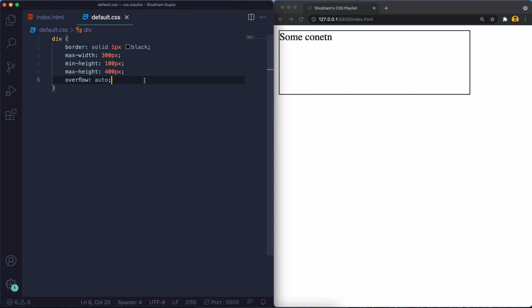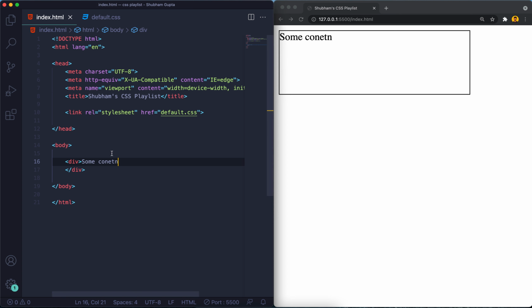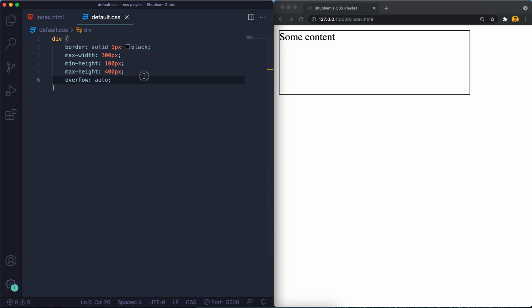Okay, and now let's just play with something. First of all, we just need to give the spelling correct to the content. Okay, so here it is. Look at this, the gap between the border, this black border, and the content is called padding.